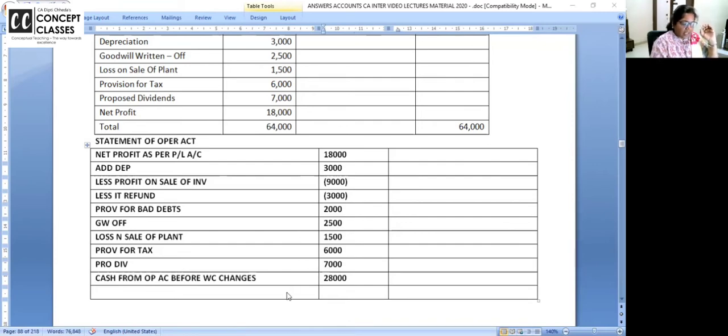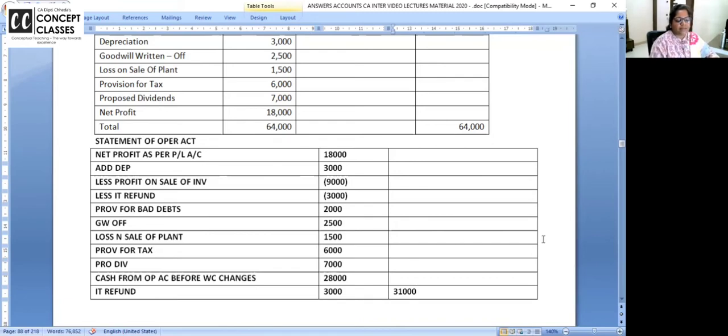3,000. Acha. If there is any income tax paid, we will deduct it here. But there is income tax refund. So income tax paid is deducted last. Income tax refund, can we add in last? Yes, we can. So we add the income tax refund, 3,000. Clear to all of you? Right. So now I'm getting cash from operating activities 31,000 in the outer column.